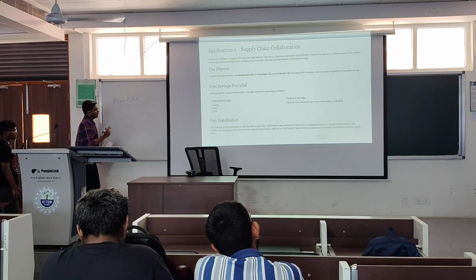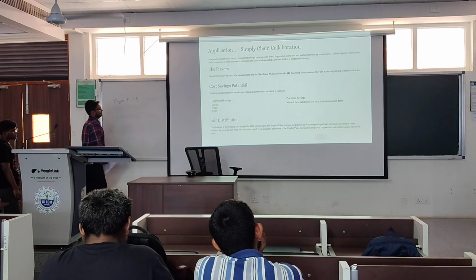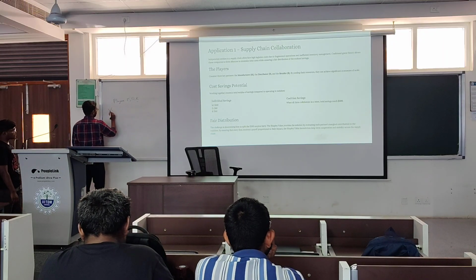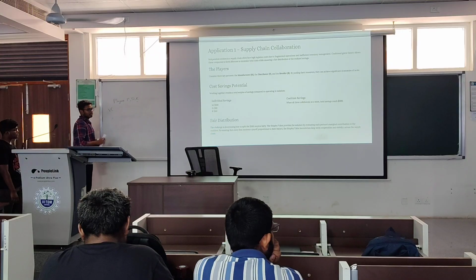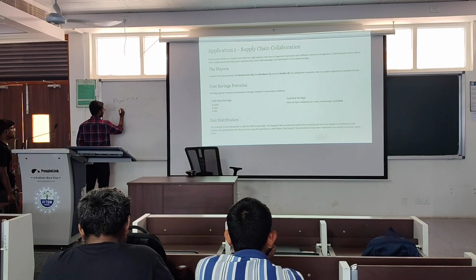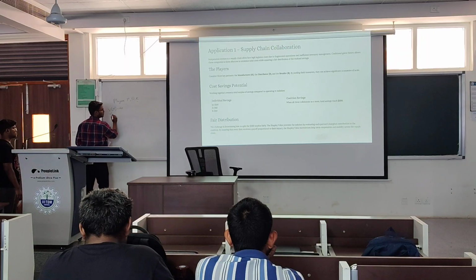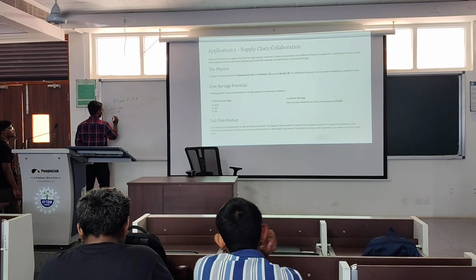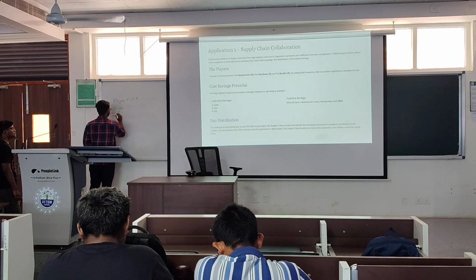So according to the question, let's take individual savings as given. Individual savings is the value function of each player. So here the value function of the manufacturer is 100. The value function of the distributor is 80. The value function of the retailer